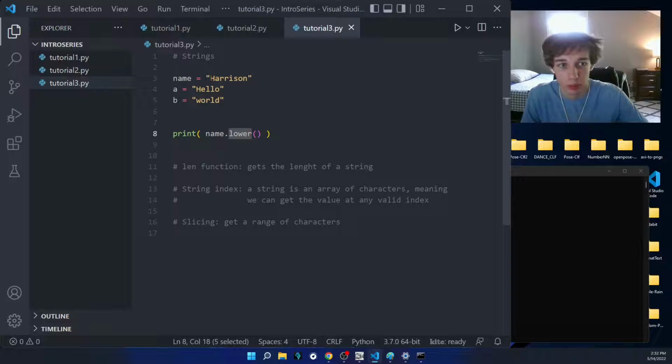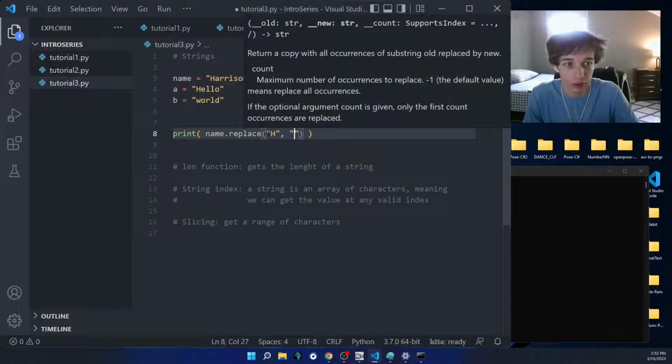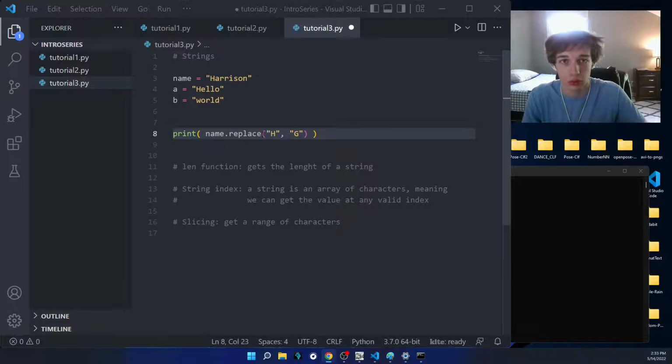Okay, so what if we want to replace a character in a string? For example, what if instead of Harrison we wanted something like Garrison? In that case we can use the replace method. So I'd call name.replace, and then inside the parentheses I have to specify what I actually want to replace. We want to replace the H, and the second argument is going to be the thing we want to replace it with. If we want Garrison, then it would be G. The replace method will replace all uppercase H's with all uppercase G's. So just to demonstrate,